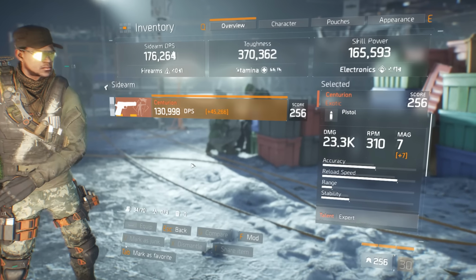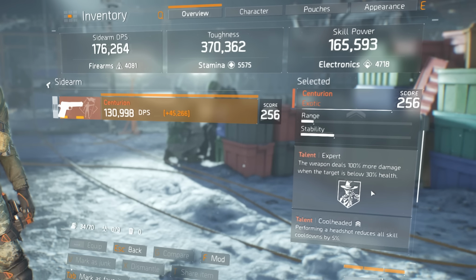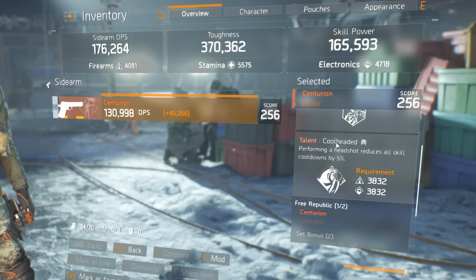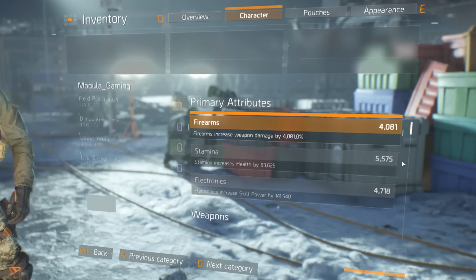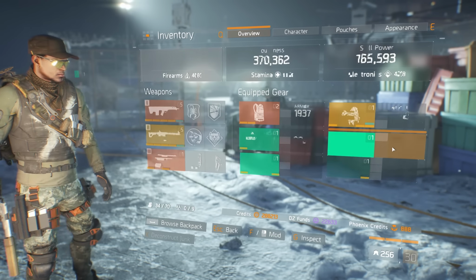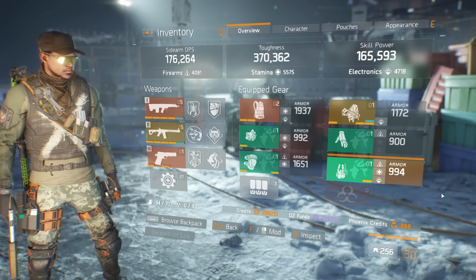The first talent here is Expert. This is a solid damage boosting talent for your sidearm and is very effective when finishing off enemies with low health. The second and more crucial talent, however, is Cool-Headed. Performing headshots reduces all skill cooldowns by 5%. This is really important because there is no extra skill haste rolled on our gear, so the sidearm will have to be used ever so often to reduce cooldowns in order to quickly get the turret back up if it